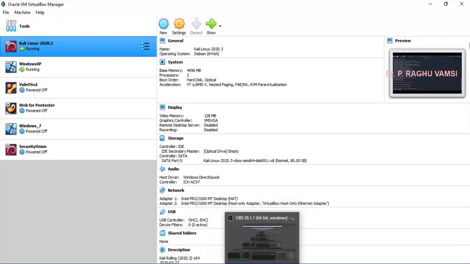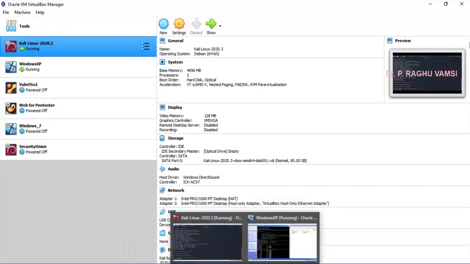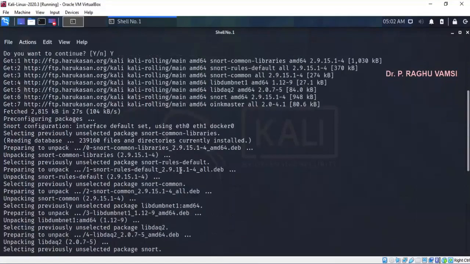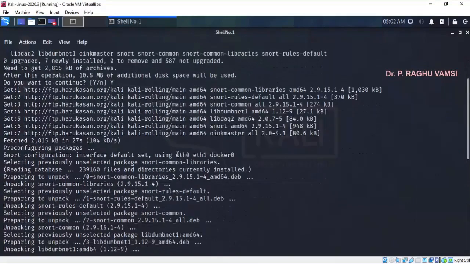So the Docker container's network interface is also shown here. So it is going to configure eth0, eth1, and docker0. These are the interfaces identified by Snort at the time of configuration.